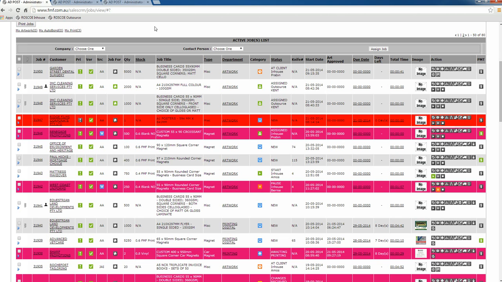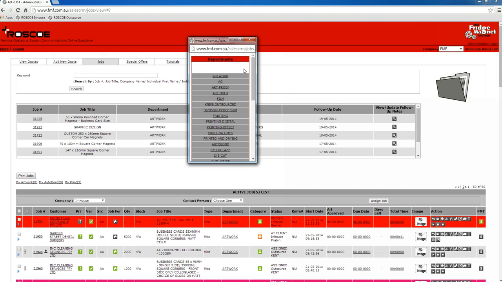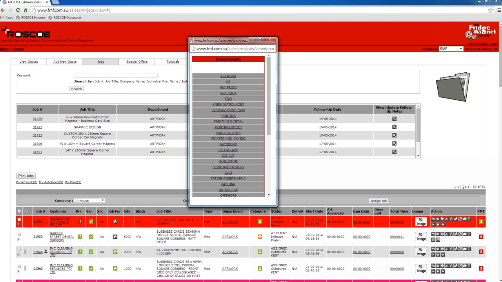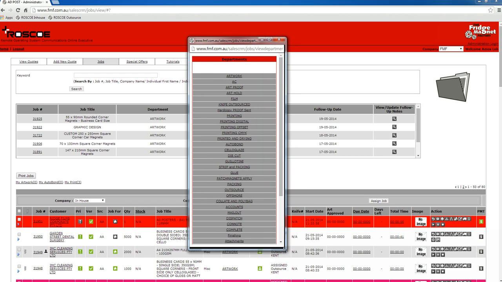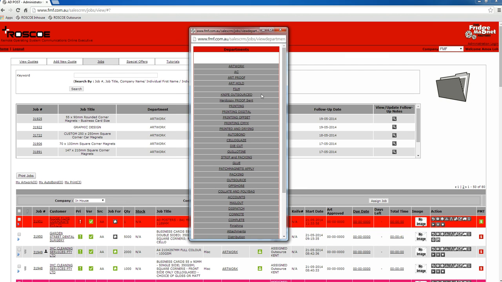It should show you the different departments. So once it pops up, you get this little screen here, and this is all the different departments. Mainly, automatically, once the job has been approved, it will move down to print. And when it's at print, it will say